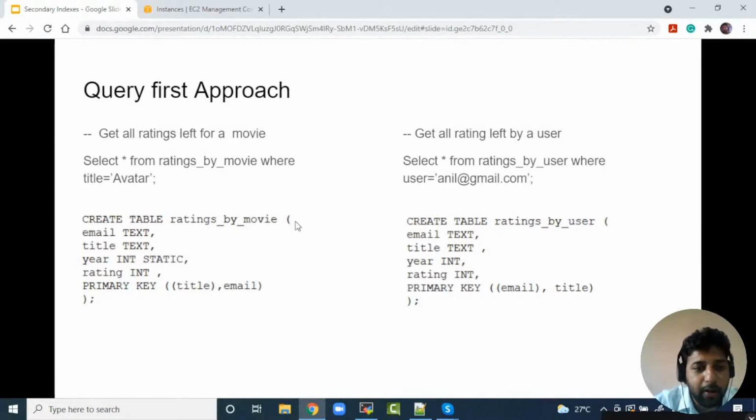I want to know all the movies watched by a particular user." I'm sorry, I cannot give you that output, because remember it's a query-first approach. You need to know your queries much earlier, before you create a table. We already discussed our application workflow or queries, and if today you came and asked me some different query, Cassandra cannot give you that.